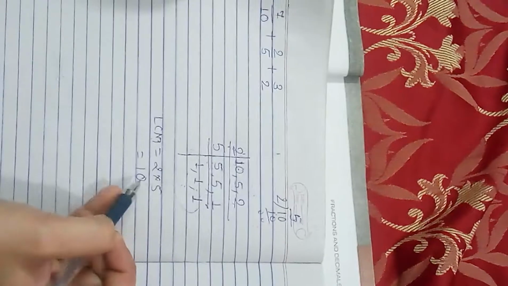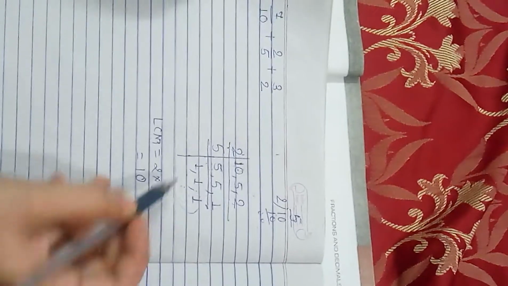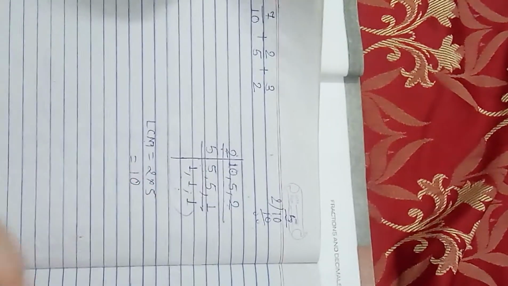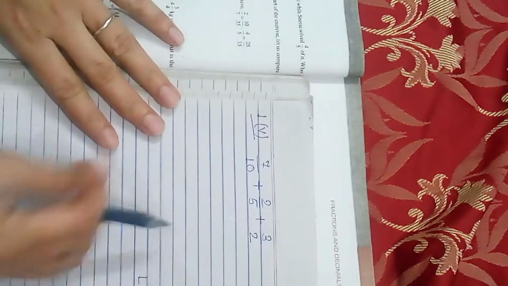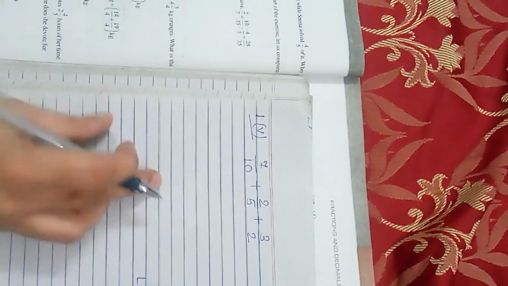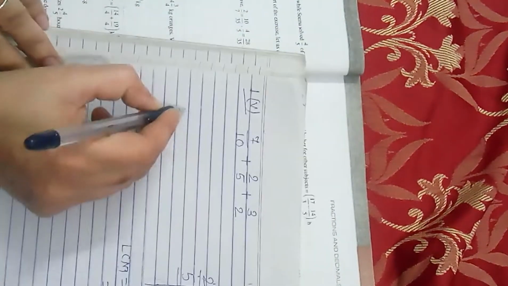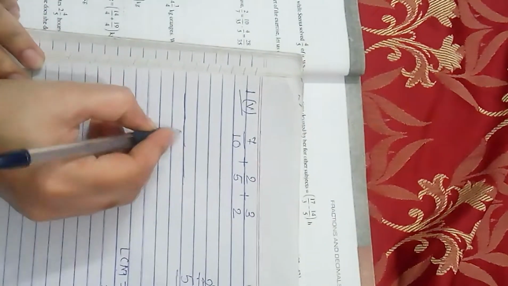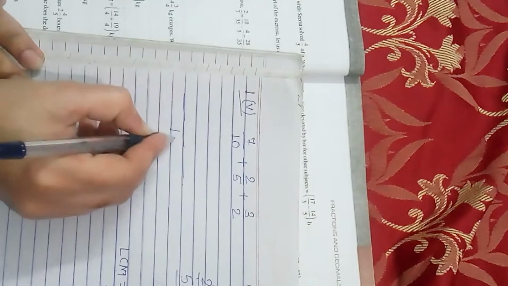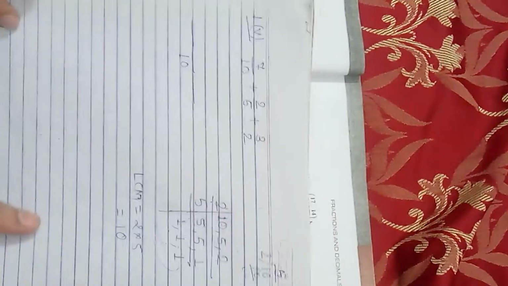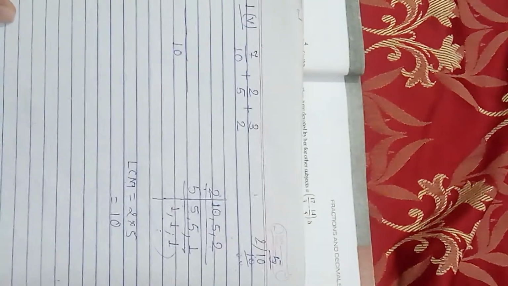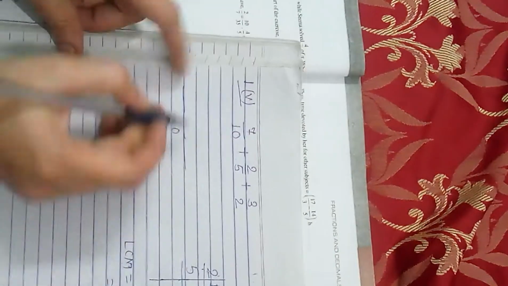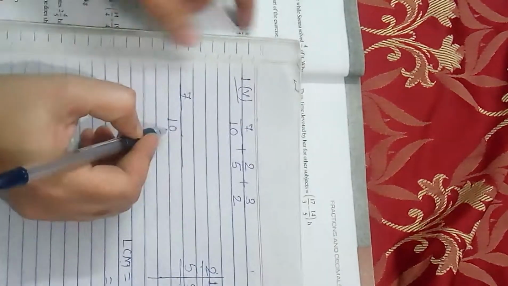So in the last video we have taken the LCM for these three denominators. Now how can we do it now? Write one time only the common denominator for all these fractions, that is 10, because the LCM we have found is 10. So write it one time. Then 7 will be as it is.